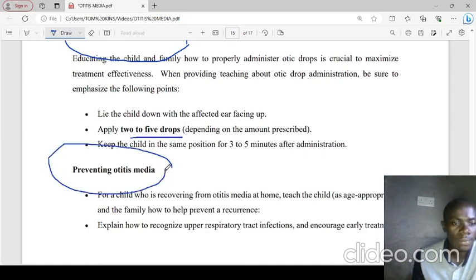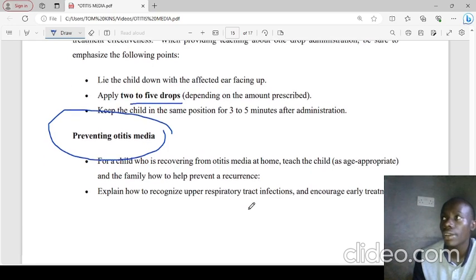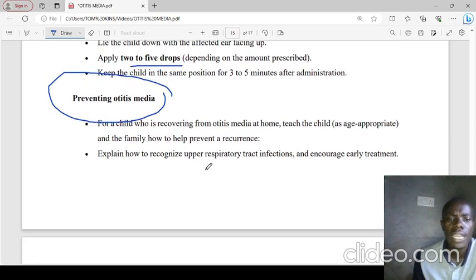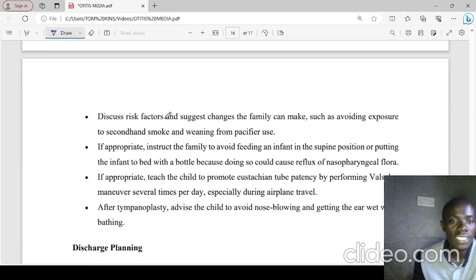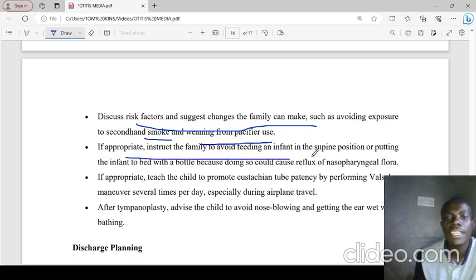How to prevent otitis media? For every child who is recovering from otitis media at home, teach the child and the family how to help prevent recurrence. Explain how to recognize upper respiratory tract infection and encourage early treatment. Discuss the risk factors and suggest changes to the family that they can make, such as avoiding exposure to secondhand smokers and weaning from pacifier use. If appropriate, you instruct the family to avoid feeding an infant in the supine position or putting the infant to bed with a bottle, because doing so would cause a reflux of the nasopharyngeal flora,